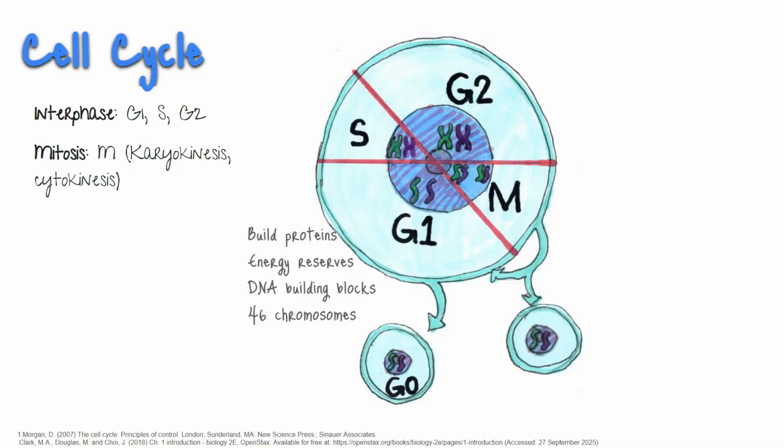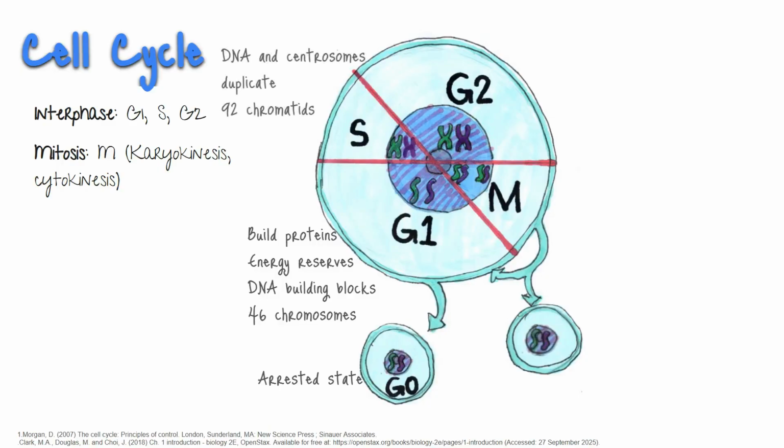Interphase is where cells spend most of their time. Let's go to the details now. G1 is where most cells become committed to either continued division or exit from the cell cycle. In unfavorable growth conditions or with inhibitory signals from other cells, cells may pause for extended periods in G1 or even enter G0, the arrested state. In this phase, the cell accumulates the building blocks of chromosomal DNA and the assorted proteins, as well as sufficient energy reserves to complete the task of replicating each chromosome in the nucleus.